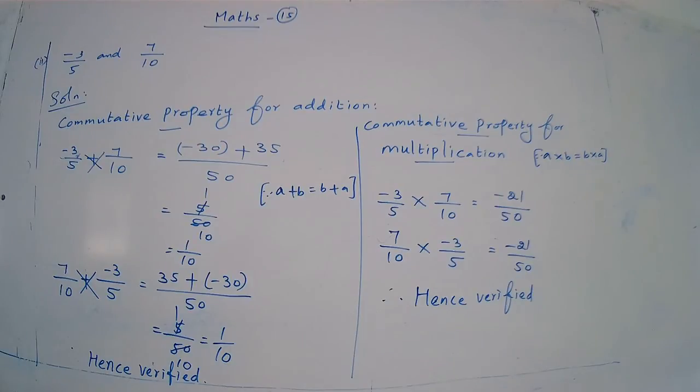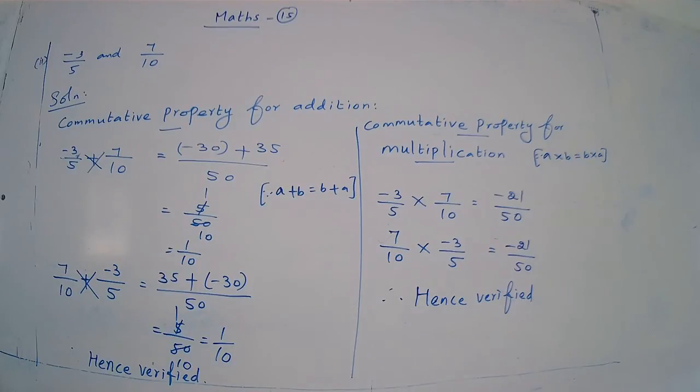Okay, children, so we have to find the value of -7 plus 5. What is the answer? If the integers have different signs, opposite signs, one is positive, one is negative, find the difference and put the greater value's sign. Difference means always subtract the smaller number from the bigger number. So 7 minus 5 is equal to 2. Your greater number is 7, so the sign is minus. So -7 plus 5 is equal to -2.